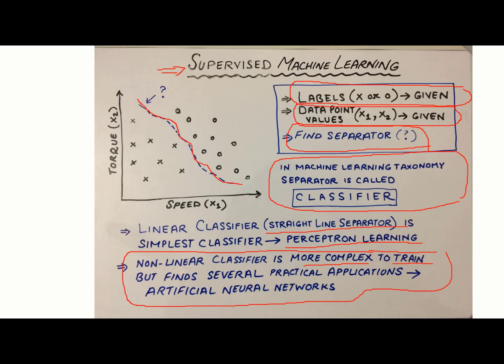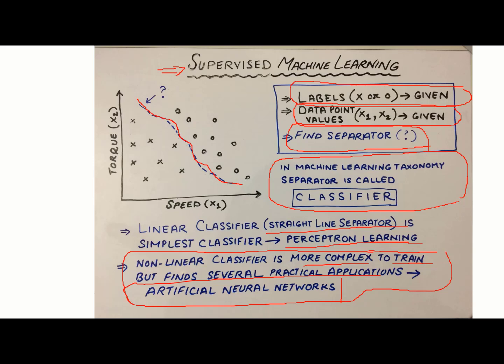But it has several practical applications. One of the main examples of a nonlinear classifier is the artificial neural network, which remains an integral component of our discussion